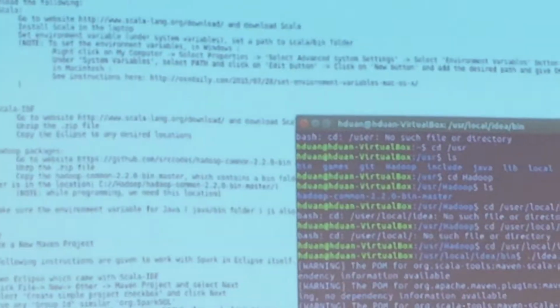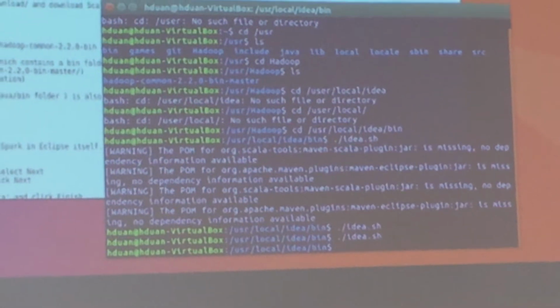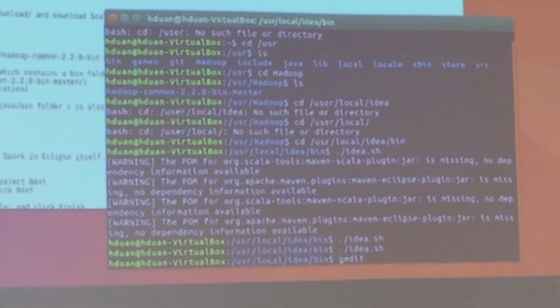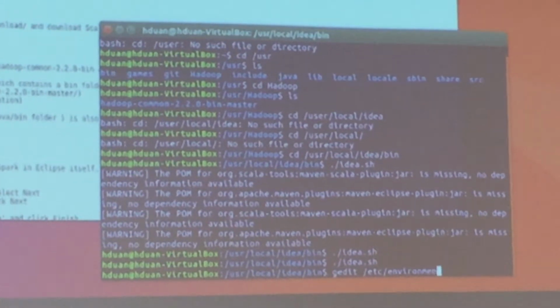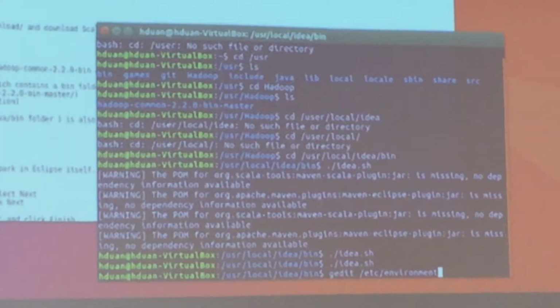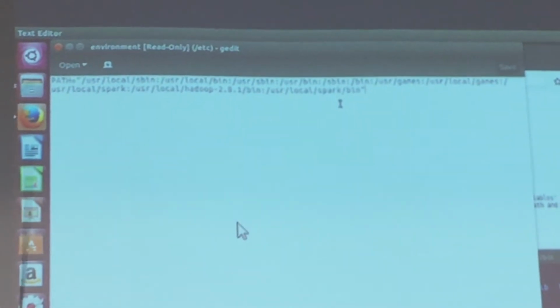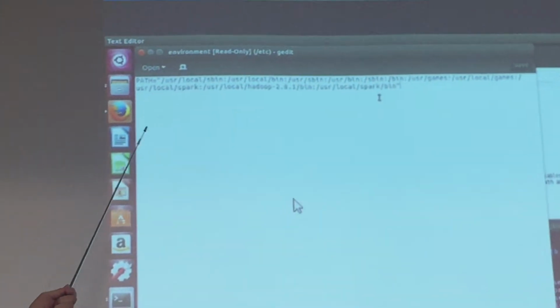So in Linux, you can go to /etc/environment to edit the global path. In this file, they show all the global paths in the environmental path. So you can just add the path to them, and there are other ways like